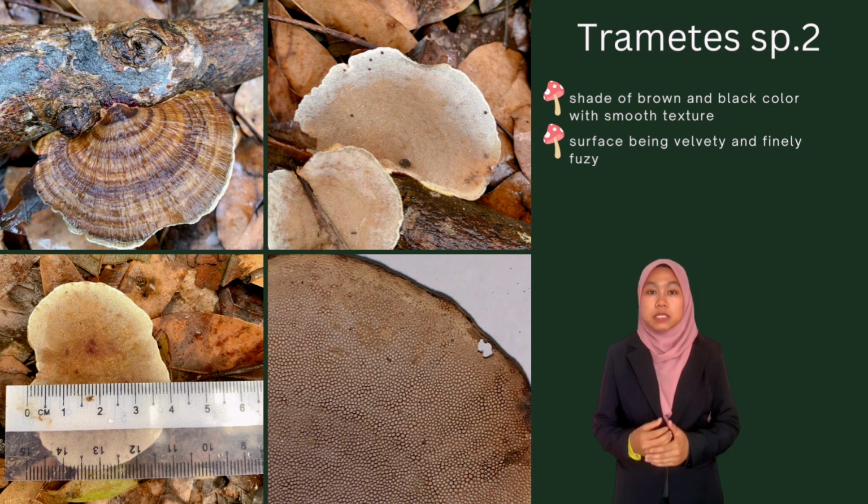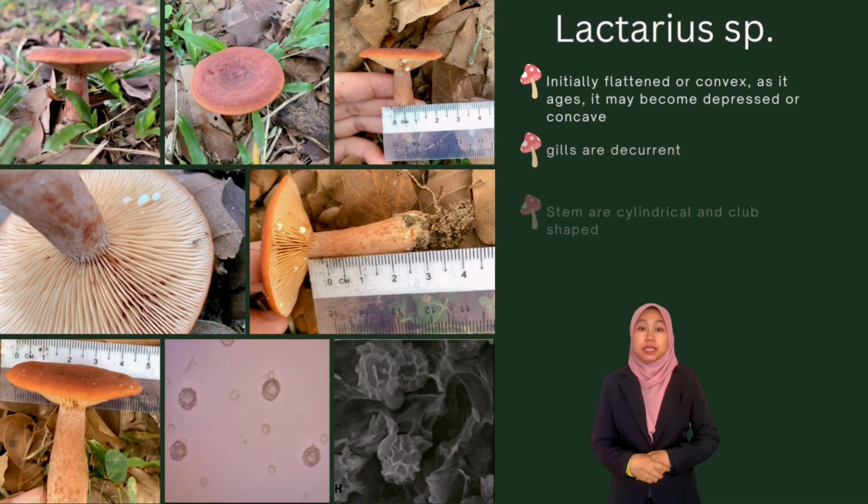This species can be assumed as Trametes versicolor due to the shade of color that appears on the cap. This species is a cosmopolitan genus that can be found in almost any type of forest, which is temperate, boreal, and tropical regions. Most of this type of species are widely used in medicine such as in China and Japan. They use this species in traditional medicine, which is prepared in the form of dried powder tea as a general health promoting effect. Okay, next is Lactarius species.